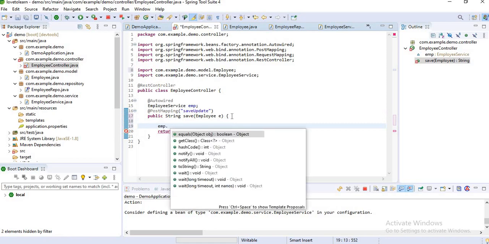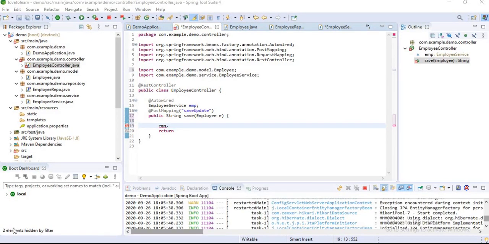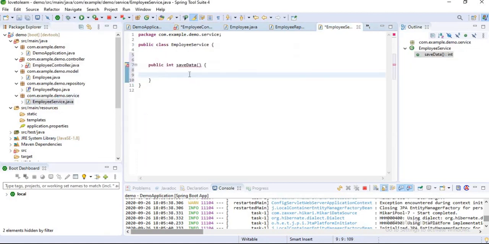emp dot. I don't have any method in service, so I want to create a method in service for saving our data. Okay, public int save data, and for save, how can I save my data? By using employee repository. Now I want to create a reference variable for my employee repository.